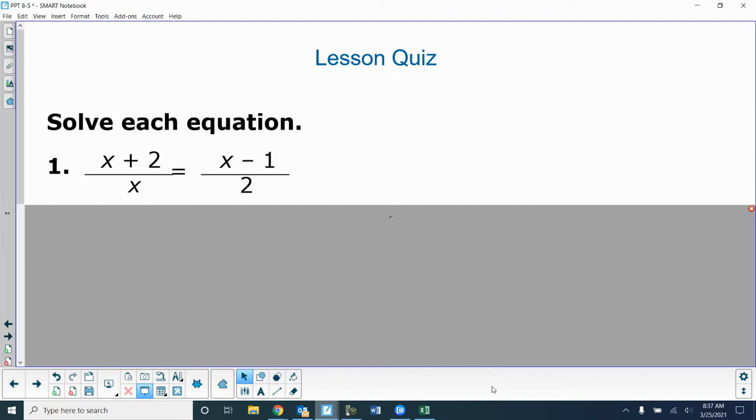What is the least common denominator? 2x. Now, we wouldn't have to do that this time. Why? Because it's a proportion, right, Scott? So you can cross multiply too. So I would just cross multiply, but 2x works also. You come out with the same thing. So when you cross multiply, remember,